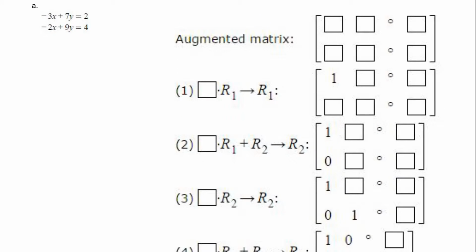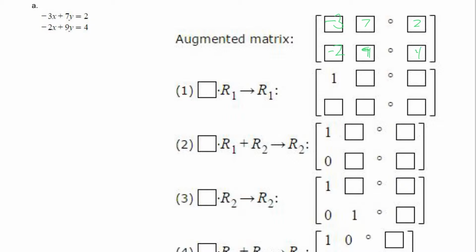We have the system that negative 3x plus 7y is equal to 2, negative 2x plus 9y is equal to 4. We're going to start by writing in our augmented matrix. The augmented matrix takes the coefficients of x and y and our constant and puts them in these boxes. So we have negative 3 is our first coefficient, we have 7, and we have 2. And in the second equation, we have negative 2, 9,